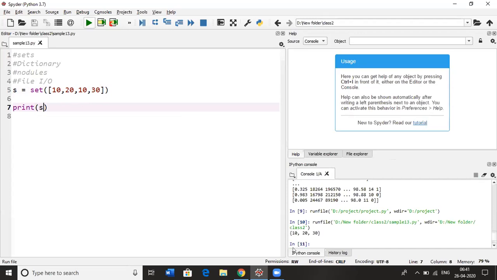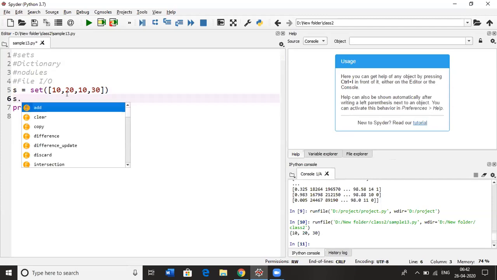Now you can see the duplicate 10 is not coming. So that's how you can create a set. You can use curly brackets also to create a set, and it's an object. Set is an object, so it also has some functions and attributes.